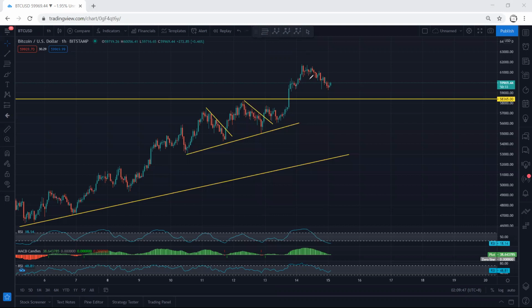Okay, and as we can see, every time the price broke the previous top, it started to drop and move forward with the correction. Now we want to see how we can trade this one. First of all, if you want to look for a trade, the only way is to wait for the breakout. If we put our line here, okay,